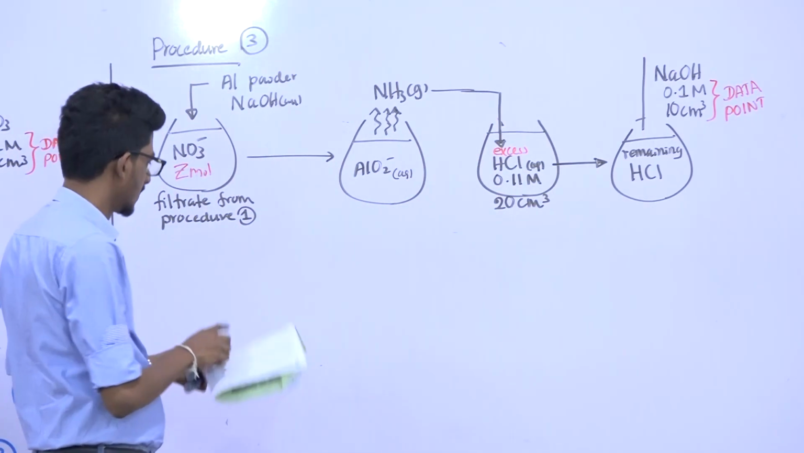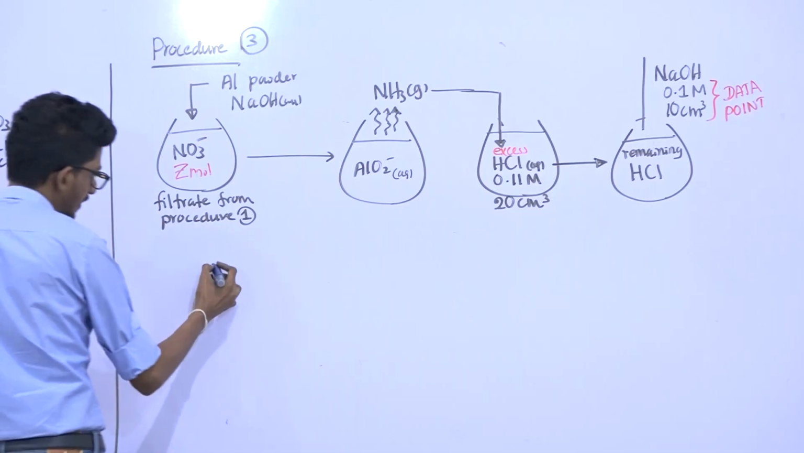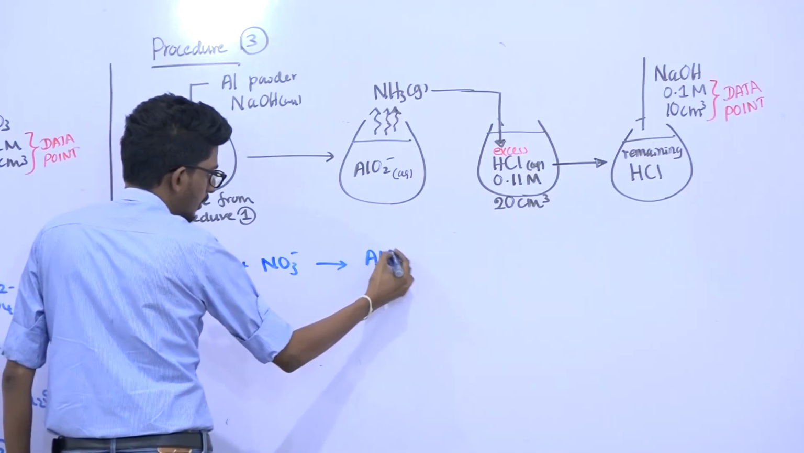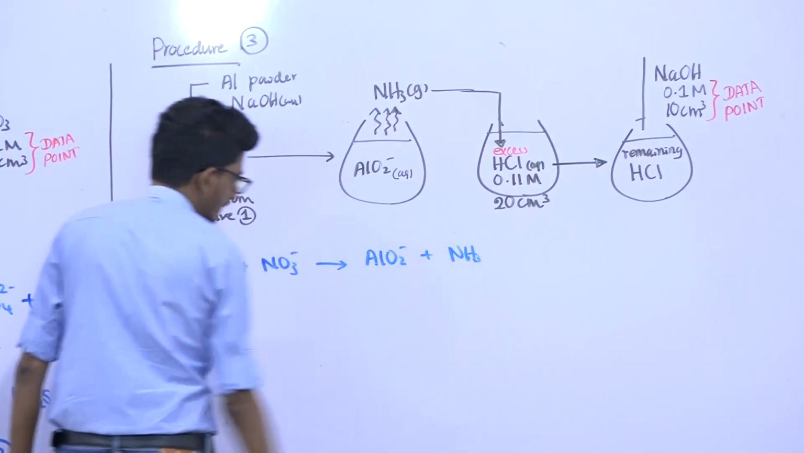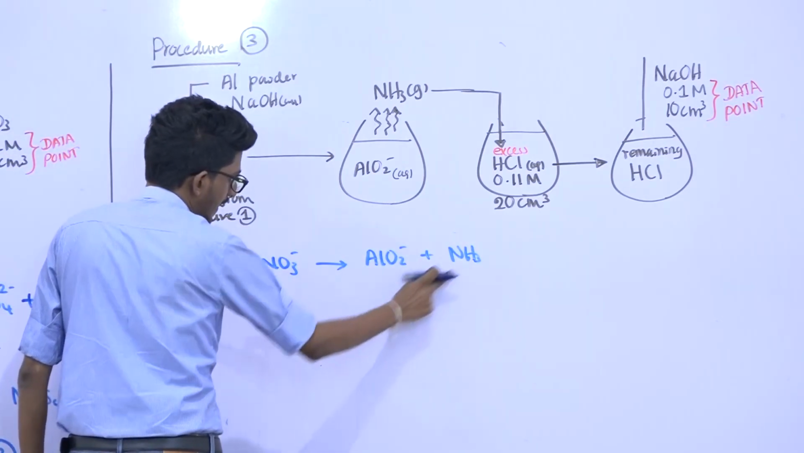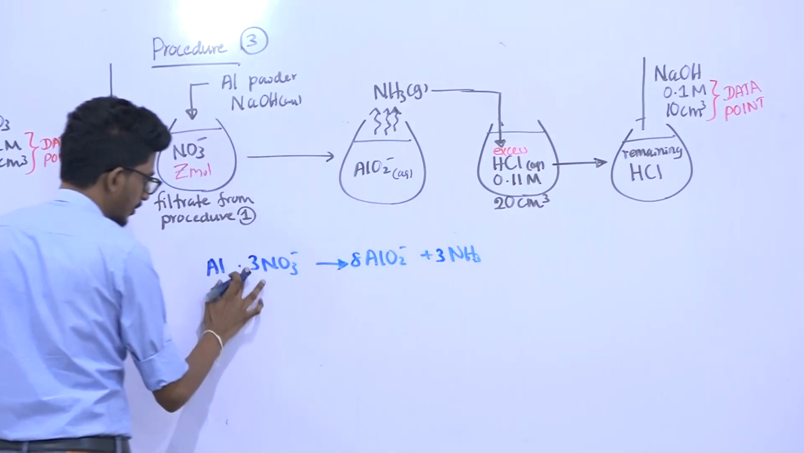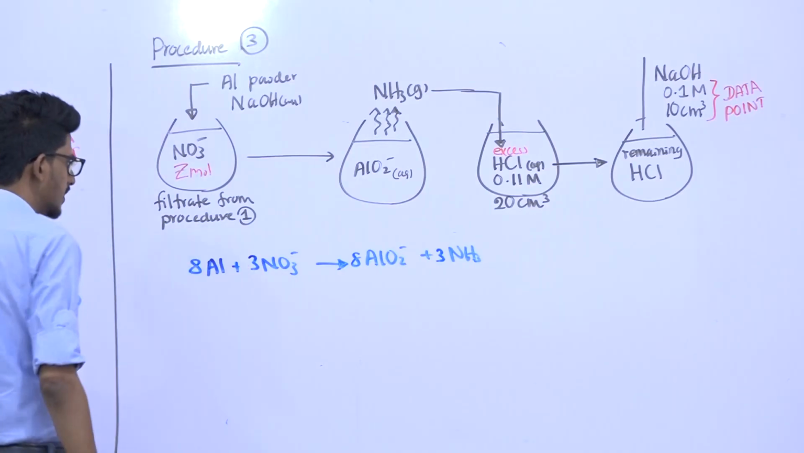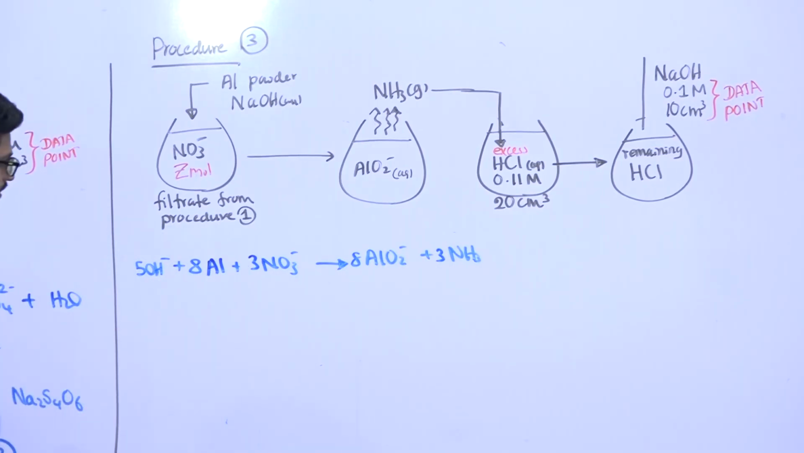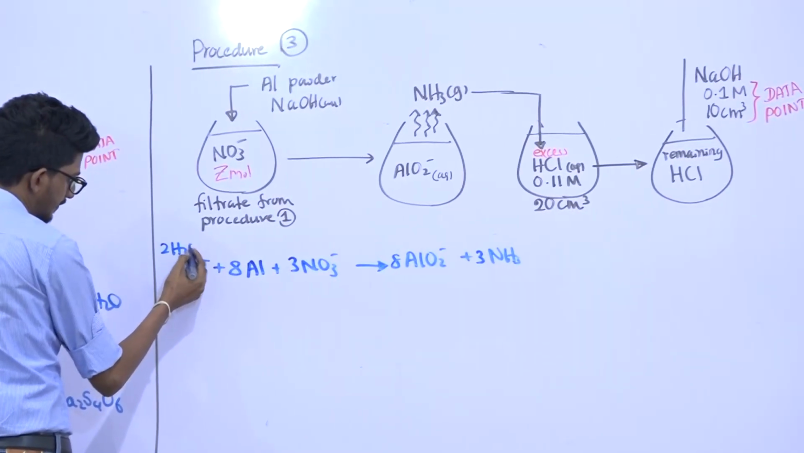Okay, let's come up with the equations. The chemical reactions: the first is the aluminium dust test. Aluminium reacts with NO3 minus to produce AlO2 minus and NH3. Quickly completing this, there is an 8 electron difference and a 3 electron difference, so this comes as 3 and this comes as 8. Balancing the equation, we add 5 OH minus